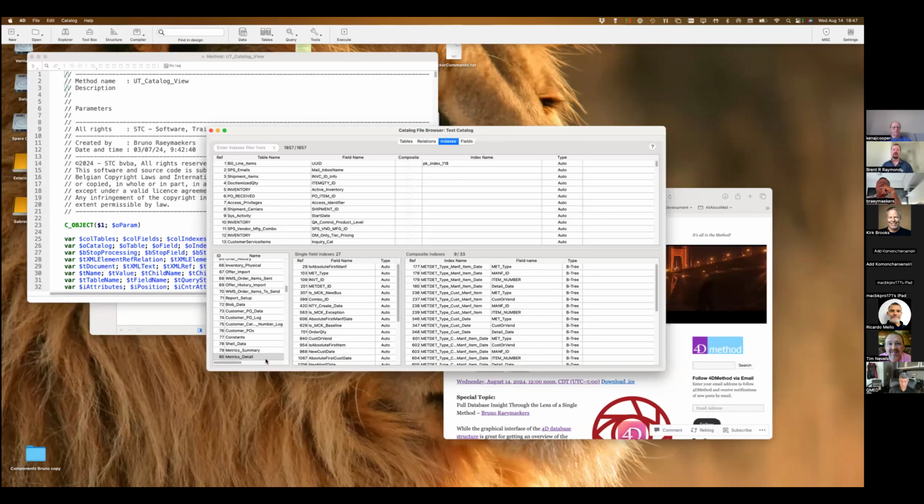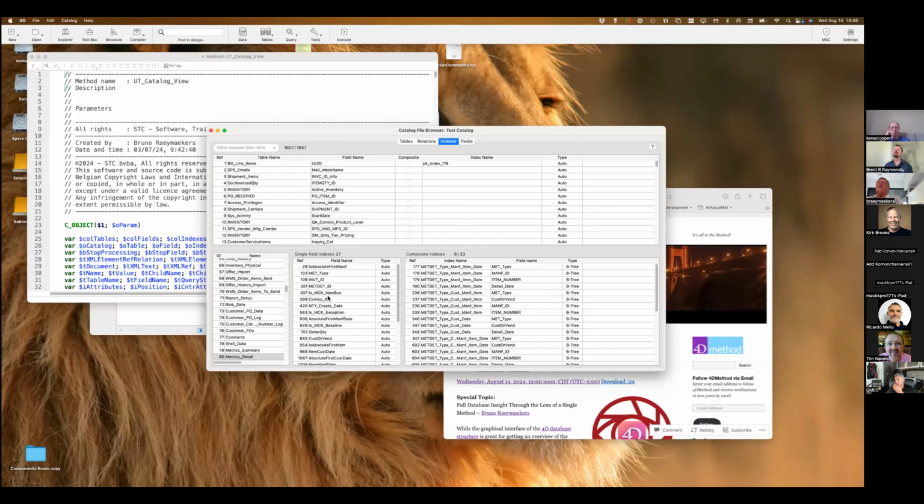This is the table name. These are all the fields in that particular table that are indexed, but you also have an overview of all the composite indexes. So what this tells you is that there's in total 9 composite indexes on this table, and those 9 indexes in total have 33 fields in them.